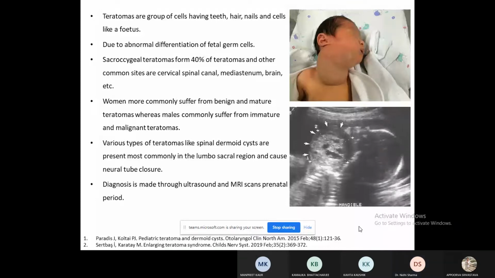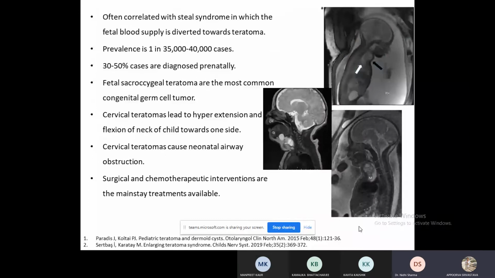Often correlated with Steele syndrome, in which the fetal blood supply is diverted towards the teratoma. Prevalence is 1 in 35 to 40,000 cases. 30 to 50% cases are diagnosed prenatally. Fetal sacrococcygeal teratoma are the most common congenital germ cell tumor. Cervical teratomas lead to hyperextension and flexion of the neck of the child towards one side. Cervical teratomas cause neonatal